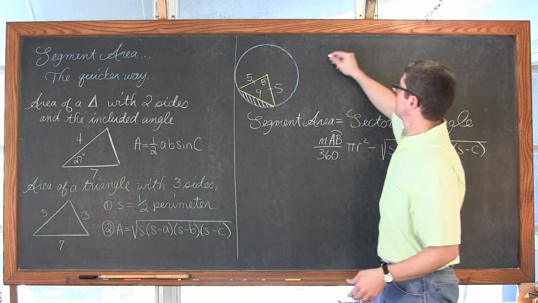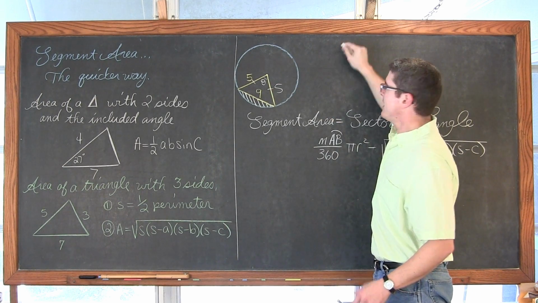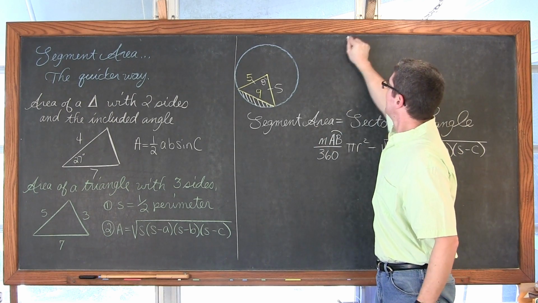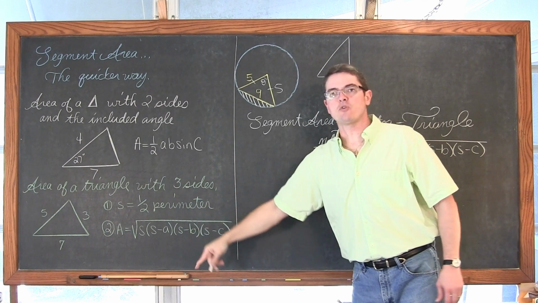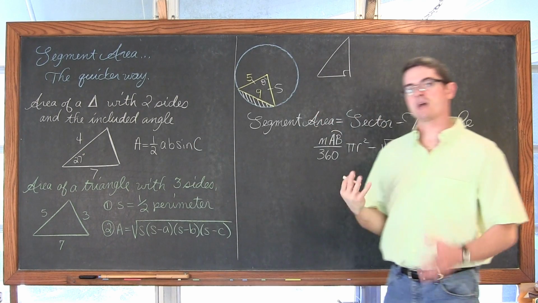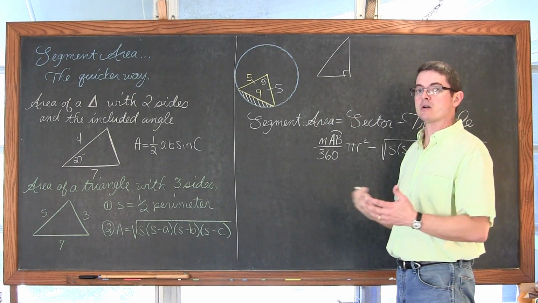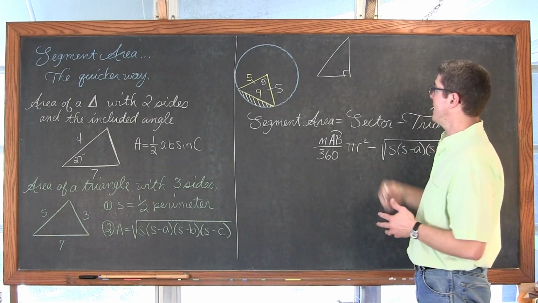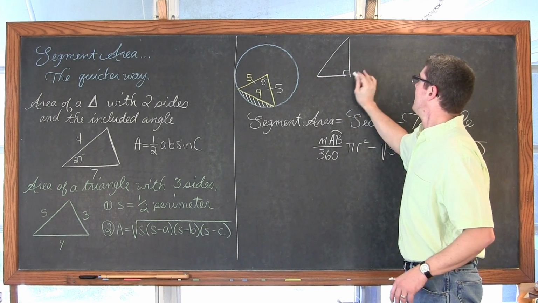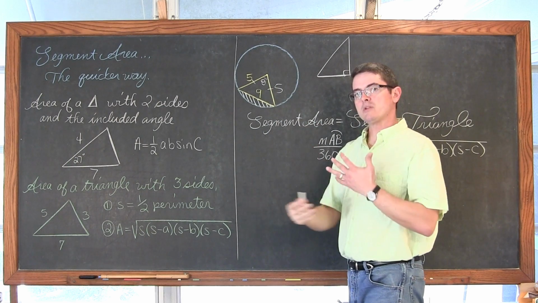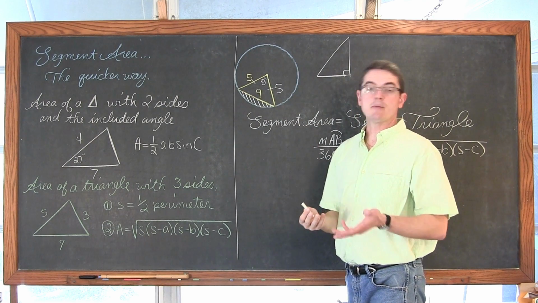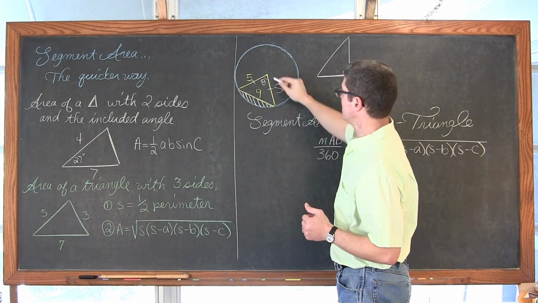What I'm going to do is pull this triangle out, and I'm only going to pull half of it out, because at this point, except for a couple of these fancy formulas, I haven't really derived how they come about, since we haven't talked about the law of sines or cosines in my geometry class like I have in my pre-calc class. I'm just going to look at the right triangle here. And again, I still need to pull in some math skills that I used in my previous video, where I did that long-winded example.